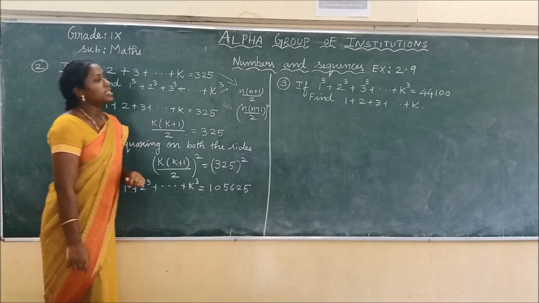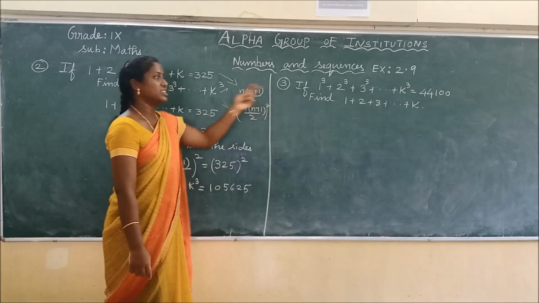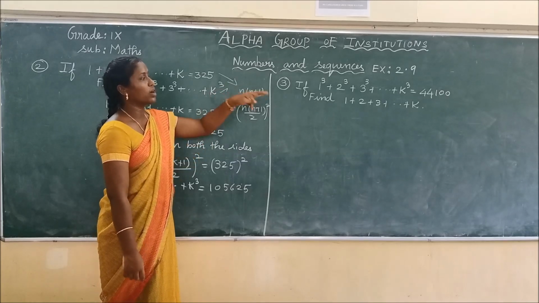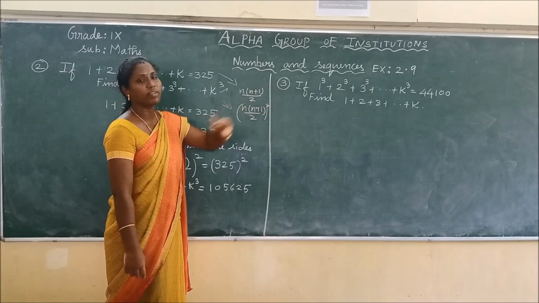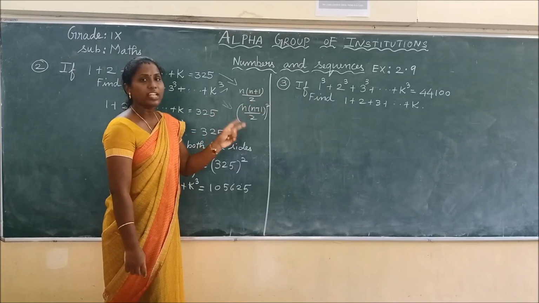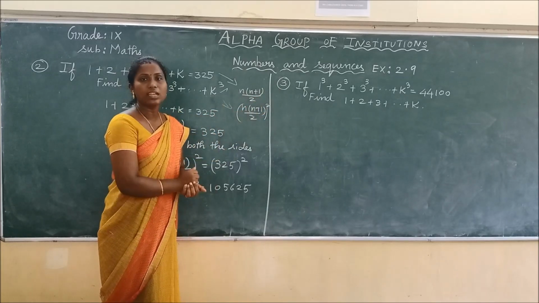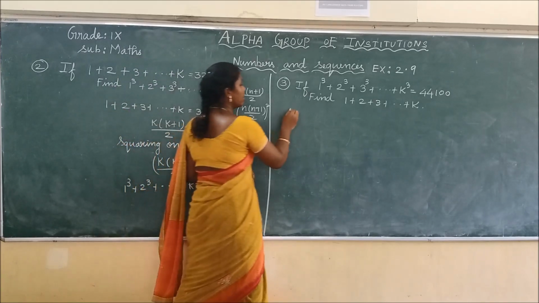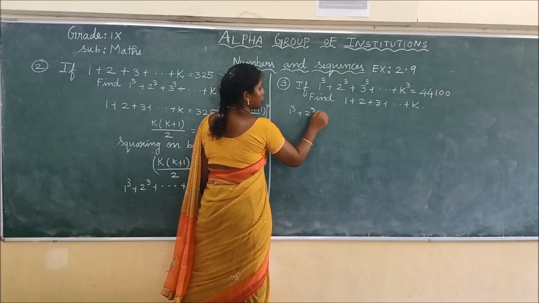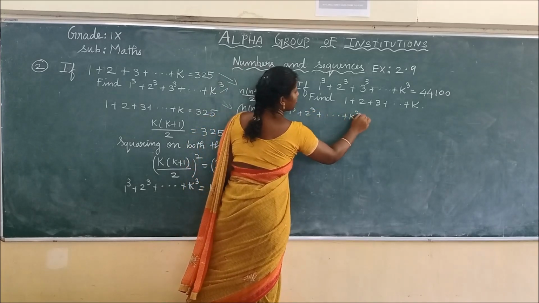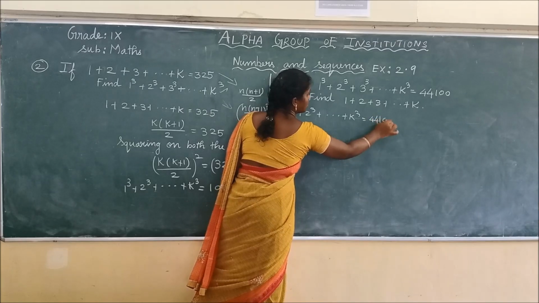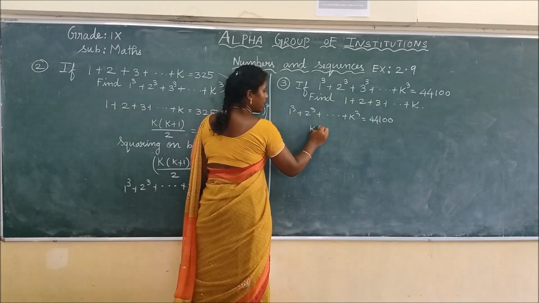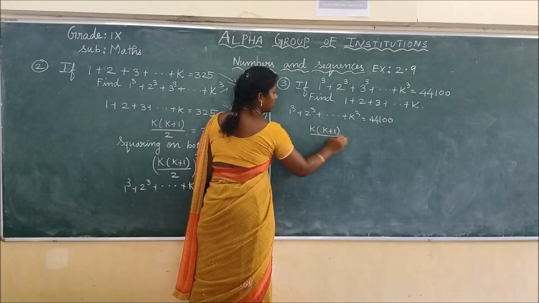Next, see the third problem. Actually this third problem is just the reverse of this problem. See the question itself. What is given here? The sum of cubes of natural numbers up to k is given, and they are asking for the natural number value k. What is given here? 1 cube plus 2 cube plus etc. plus k cube is equal to 44100. If I write it in the formula, we can write k into (k plus 1) by 2